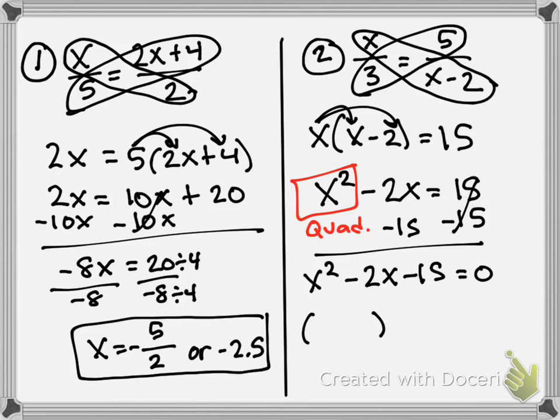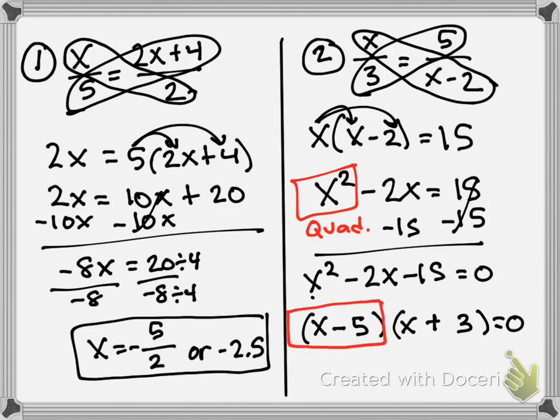All right, I need to factor. So I have x times x will get me x squared. How do I make 15? 5 and 3. I want my 2 to be negative, so it's going to be x minus 5 times x plus 3. All right, this is equal to 0. So how do I get my solutions from here? Well, I have one